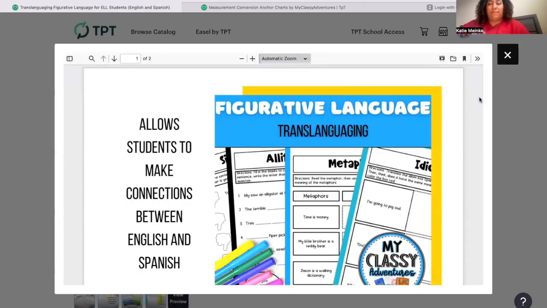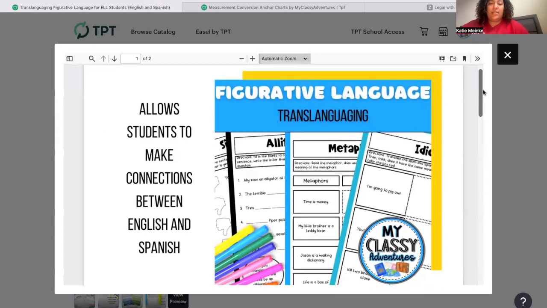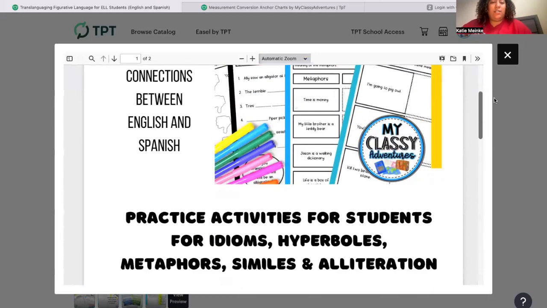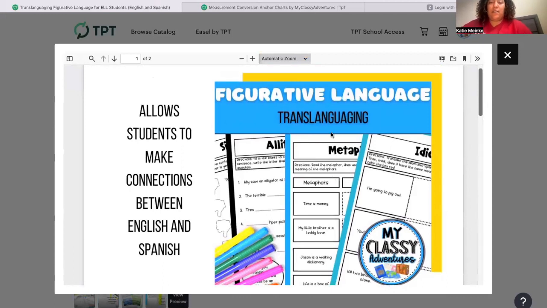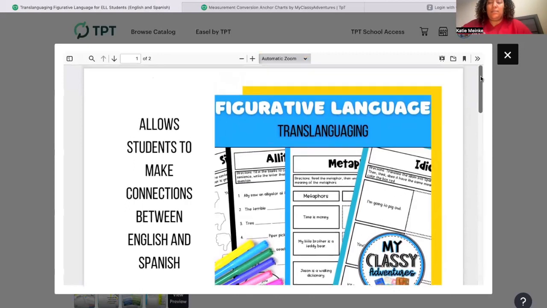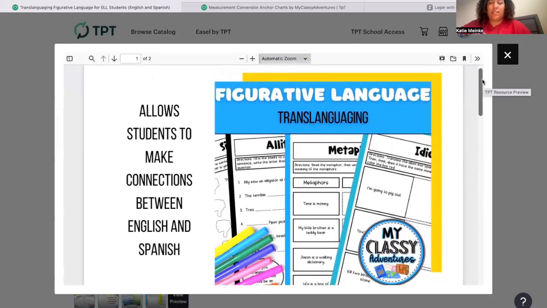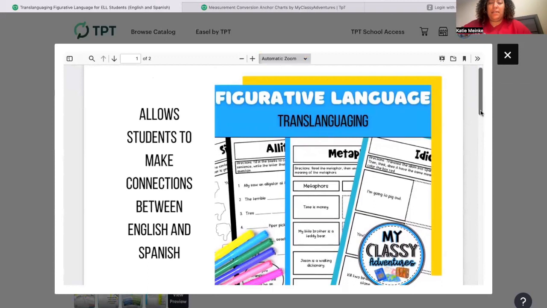So this is like, I'm kind of being like Goldilocks. I'm going until I find one that's just right. So, okay, translanguaging, figurative language for ELL students. So this first part, I would recommend having a title here, just because it is helpful for buyers. Like when I looked at this, I was like, wait, what is this again? I mean, it does kind of say here, but it's not the easiest to read, in my opinion,